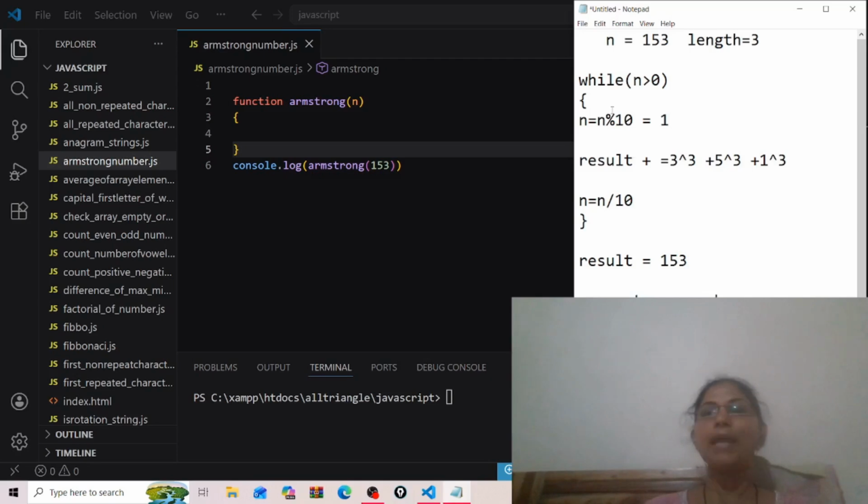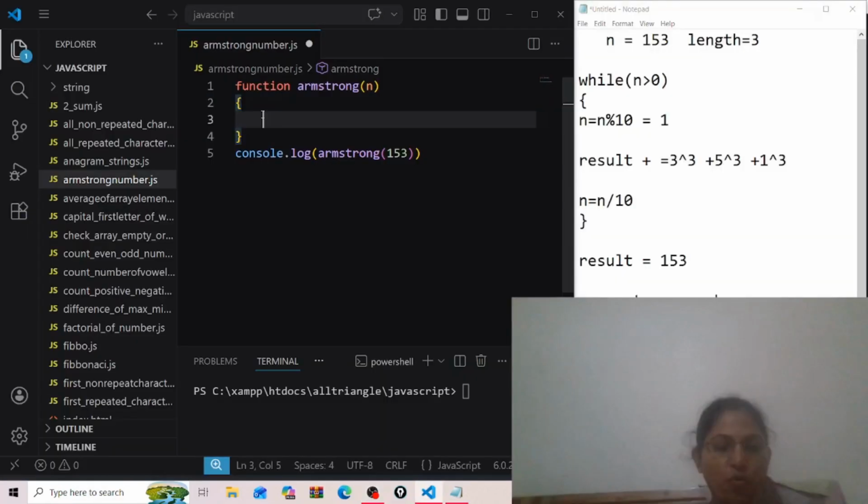Now we will write the code. Just watch till the end and understand how the code will be written. First we will take one variable, that is nothing but the original variable. Why will I take this variable?